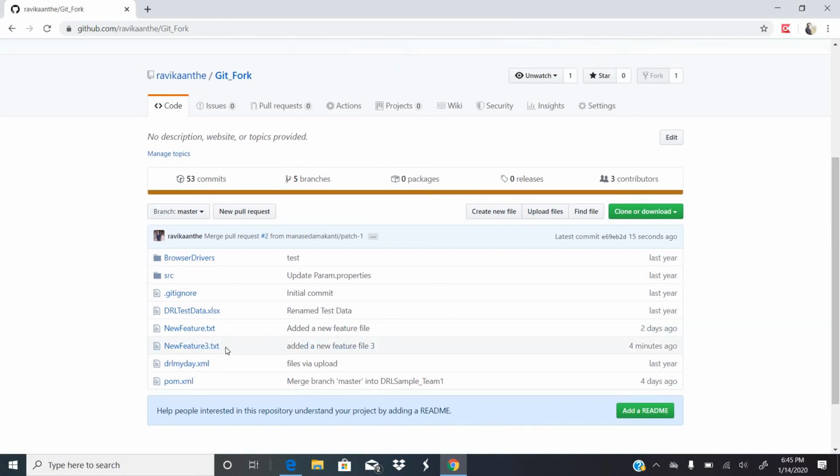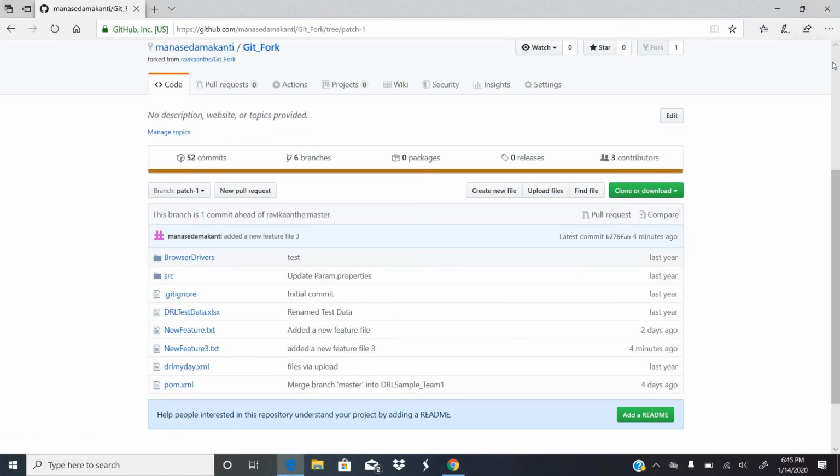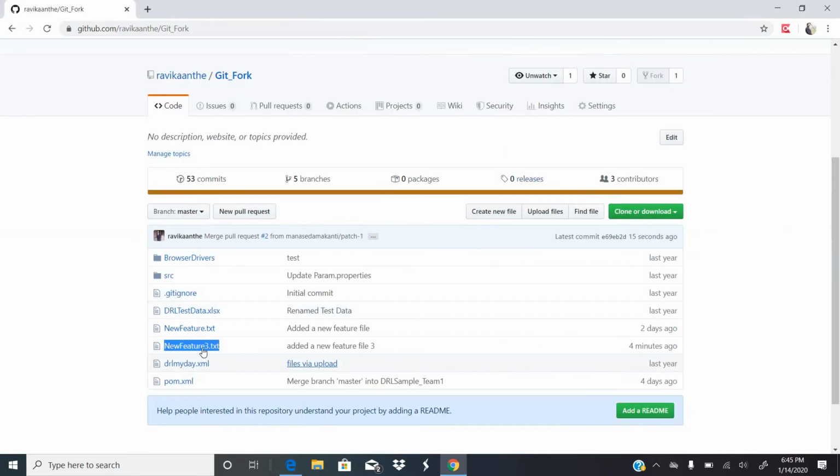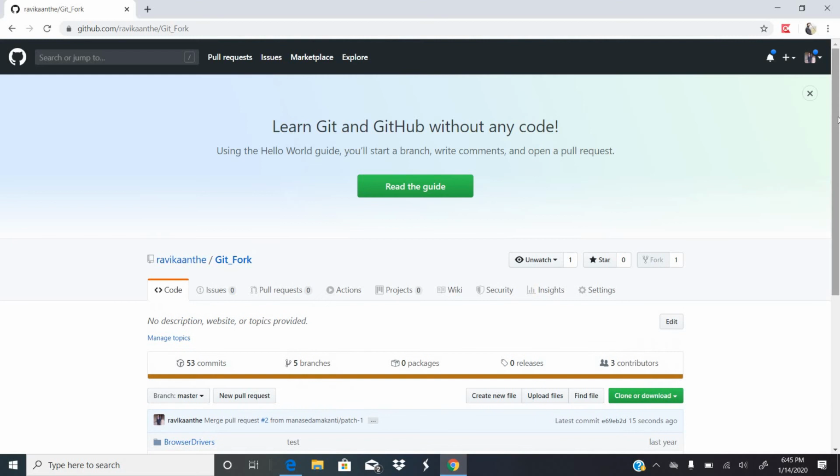See, so whatever the feature file that has been added by Manas, who does not belong to my team, has been reflected to my master branch of my own project, right? So this is how the fork can be used to contribute code by a user who does not belong